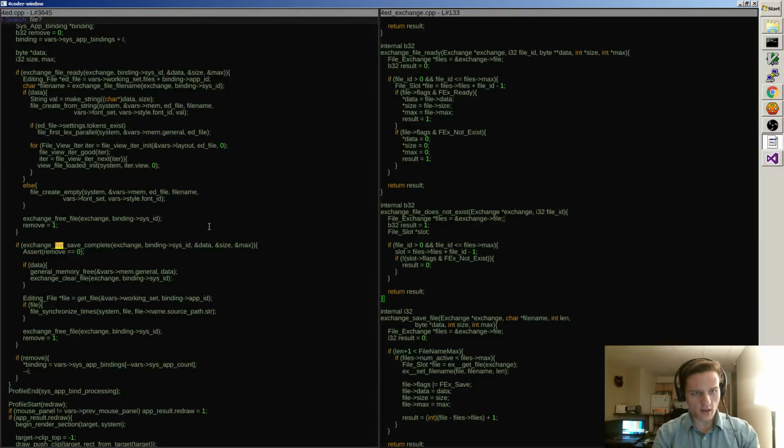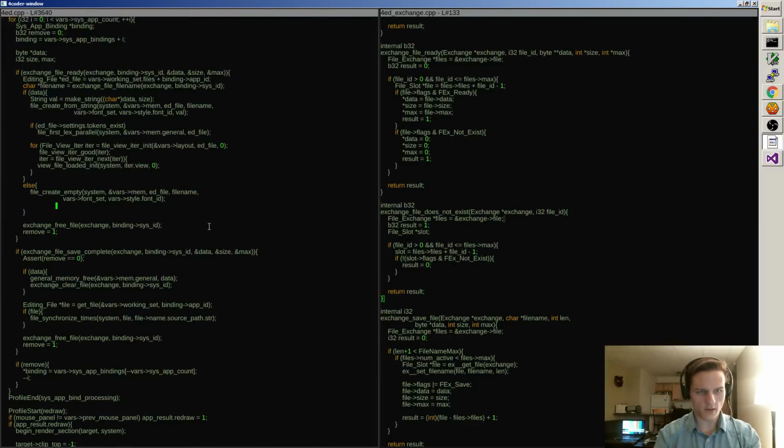File create empty. When that happens, we need to basically do a visit across all of the relevant views and say remeasure if you have this file, right? So that's like